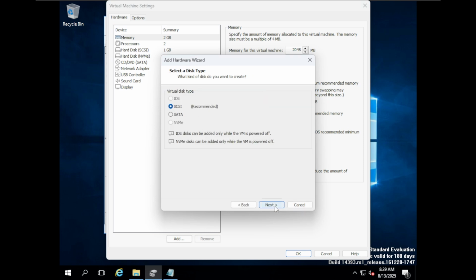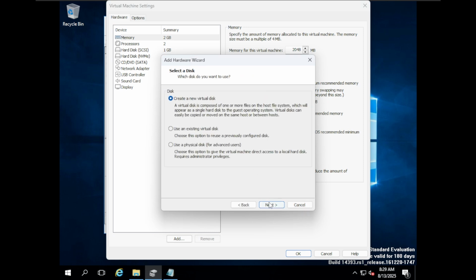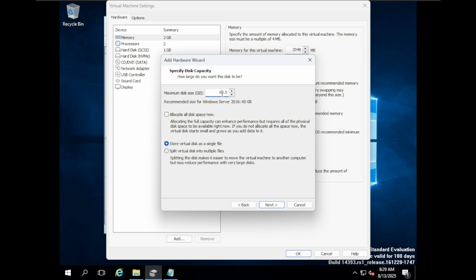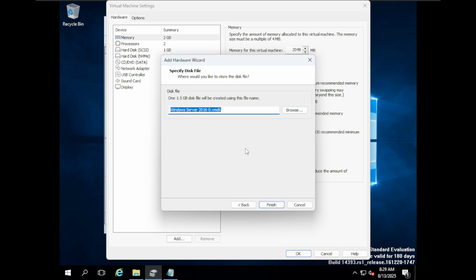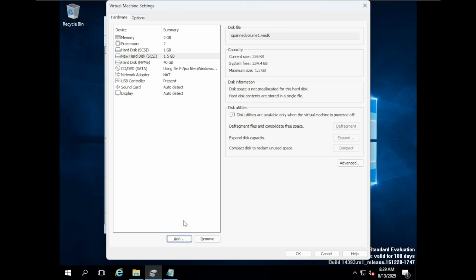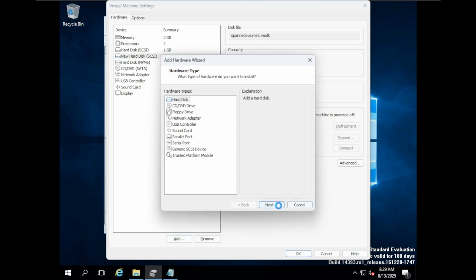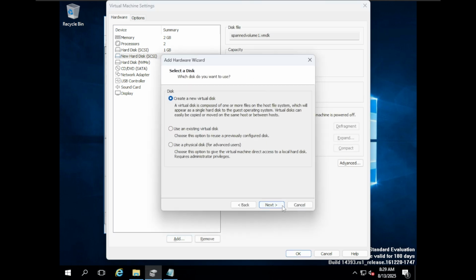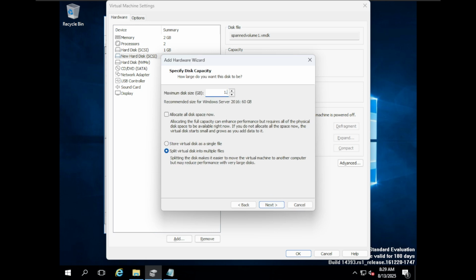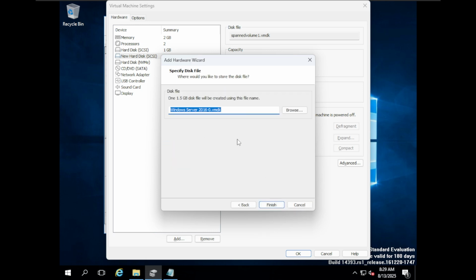We will select SCSI, virtual disk. Here we will give 1.5. I already told you the reason why I am giving small sizes. I will name it span volume 1. Okay, it is created. I will create one more span volume. Next, next, next, 1.5, next,